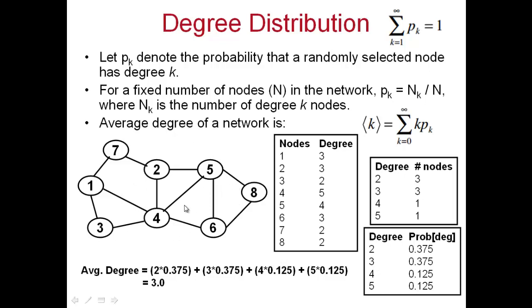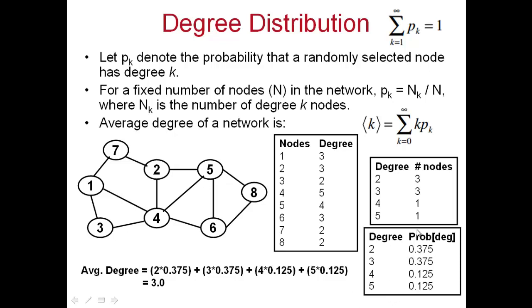So that means if I randomly pick a vertex from this graph, what is the probability that the vertex I pick will have a degree 1? That is 0, because there's no vertex in this graph with degree 1. So for degree values that are not listed here, the probability is 0, and that corresponds to what I just explained. So these numbers indicate the probability of finding a vertex with a certain degree in this graph,